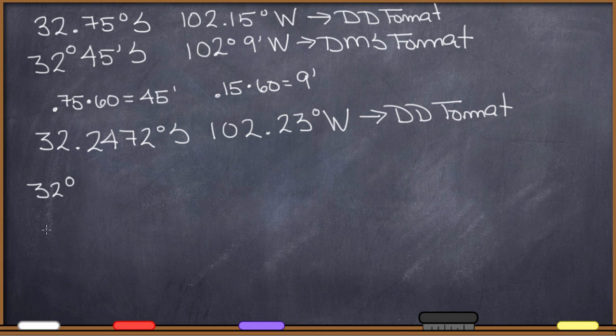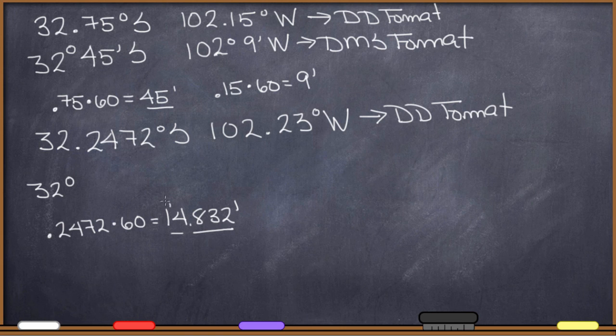Now what I'm going to do is multiply 0.2472 times 60. And let's see what we get when we do that. 0.2472 times 60. That gives me 14.832. And that's the number of minutes. Interesting. I have a decimal number still. See, I didn't end up with a decimal number up here. I ended up with something nice and neat. Well, I end up with a decimal number down here. That should tell you that this is the number of minutes, 14 over here. But then I still have some number of seconds left over because I have numbers behind in the decimal place.